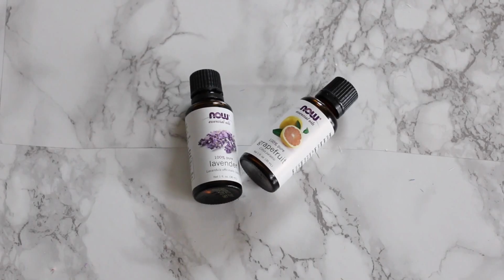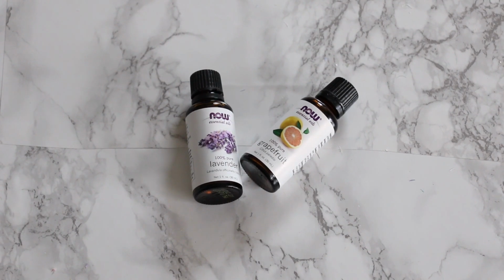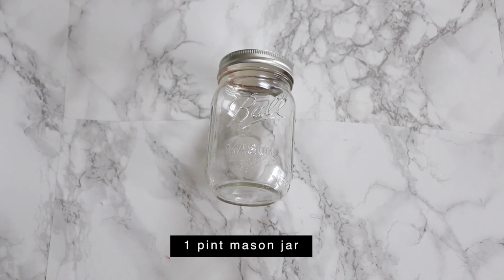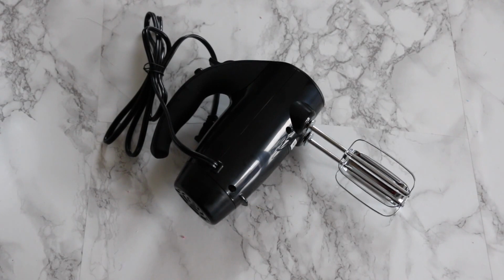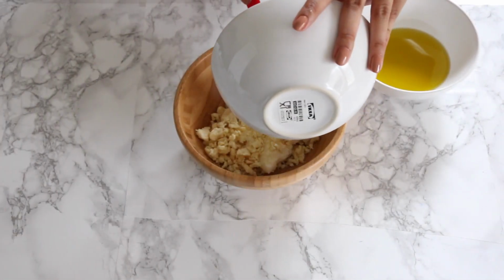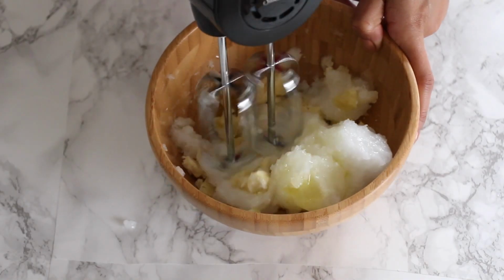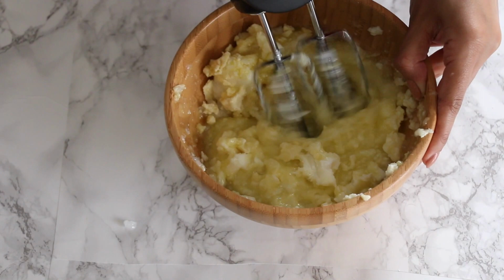You can stop here, but I'm definitely gonna add some essential oils to the mix. My favorite combination at the moment is lavender and grapefruit. You're also gonna need a 1-pint mason jar and either a blender, hand mixer, or food processor to blend everything together. You wanna start by combining all ingredients and then blend, blend, blend until you have a nice smooth consistency